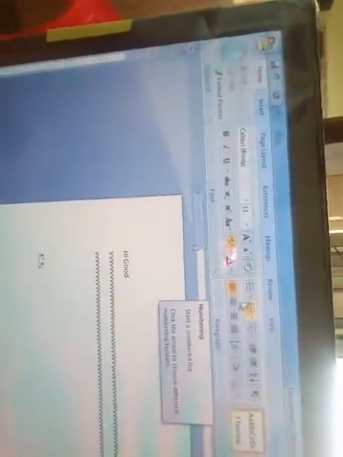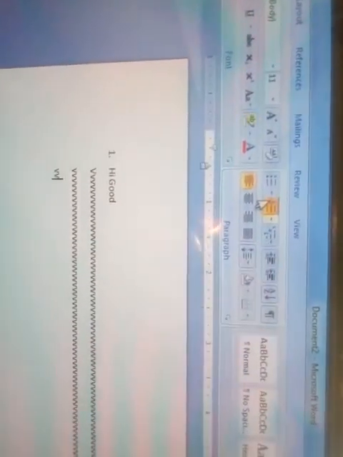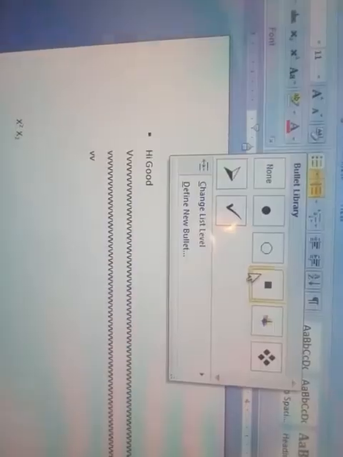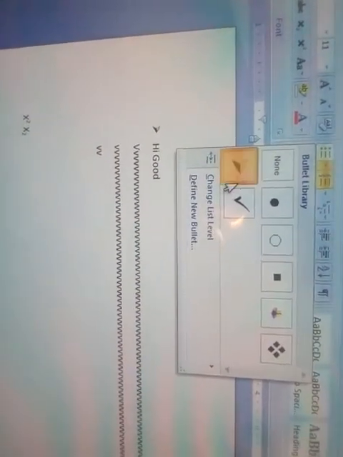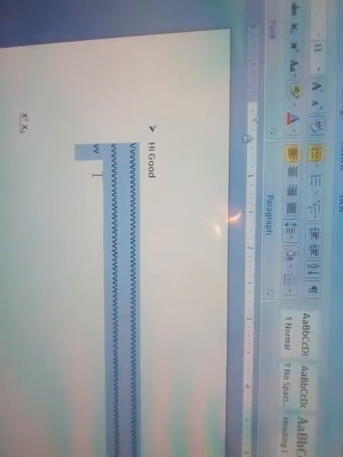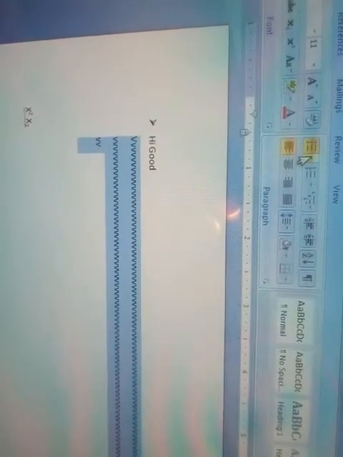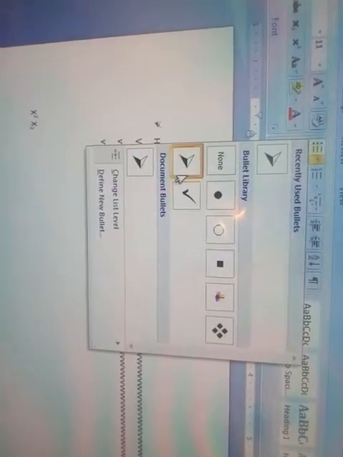Select this one, then put the bullets and numbering. You can see here, whichever bullet you want, you can take that. Press on that, it will be applied. This also you can apply bullets, like this, applied here bullets. This is creating a bullet list.